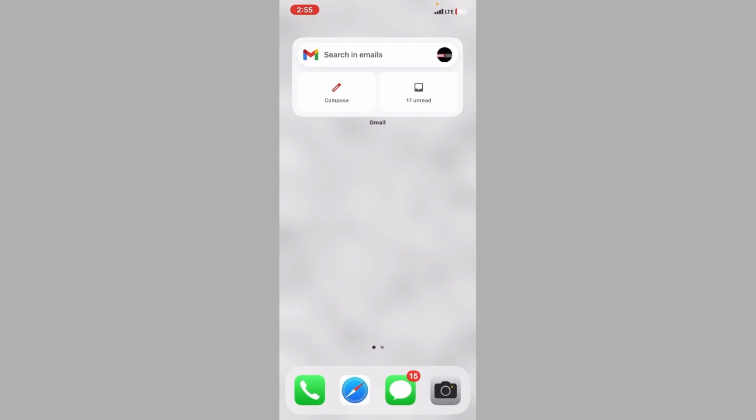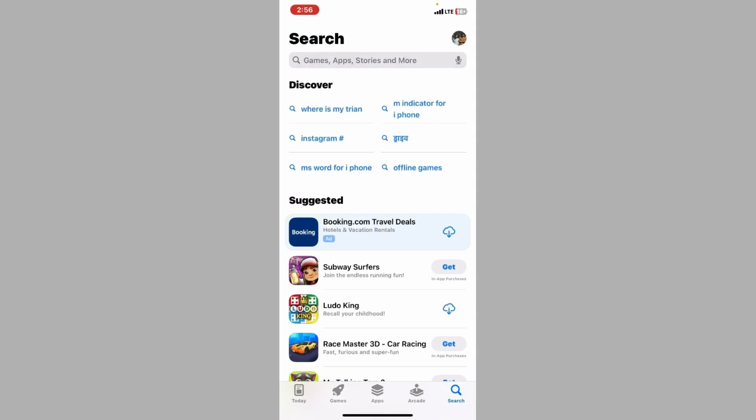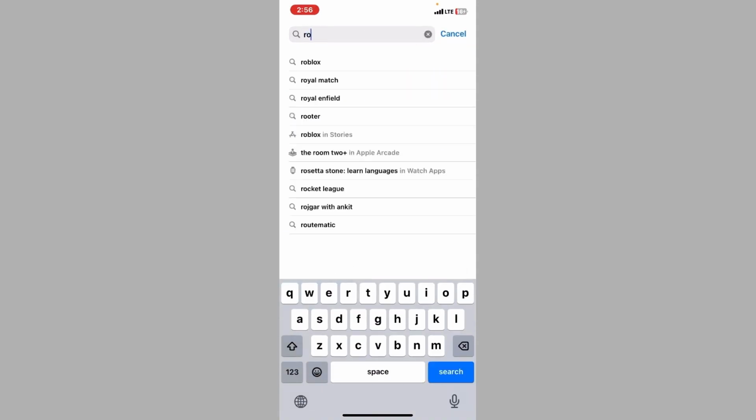In order to do this, firstly, we just need to check if we have updated our Roblox application or not. If you are using an Android mobile phone, you can simply go to your Google Play Store and check for updates. And if you are using an iPhone like me, I'm using iOS, so I will simply go to my App Store here and search for the Roblox application,